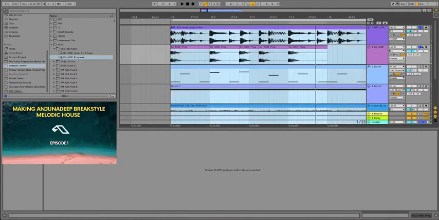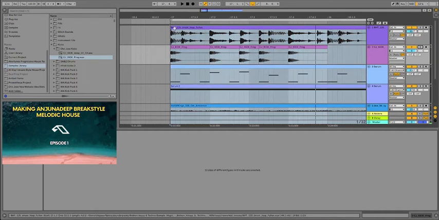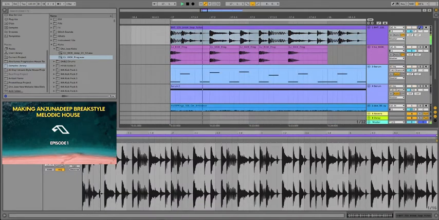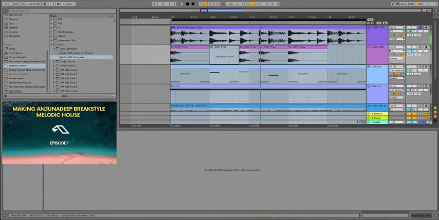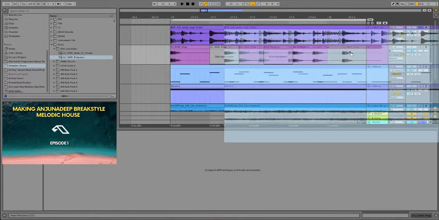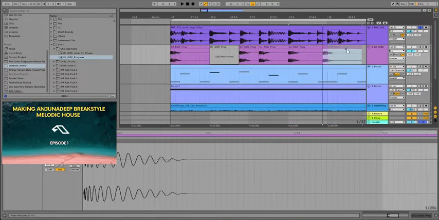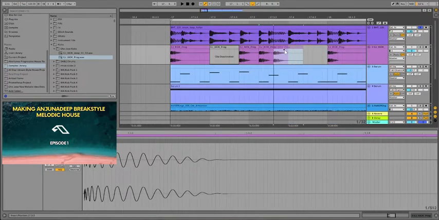Yeah, so we got a kick, snare. Kick, snare. It's actually a snare, so no kick there, kick, and then the kick is actually here.